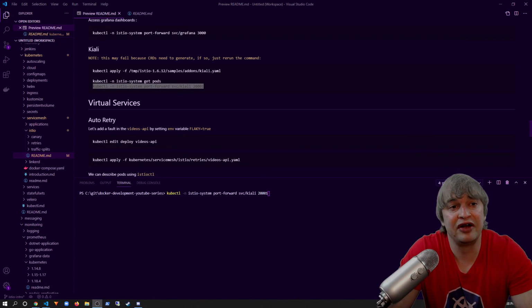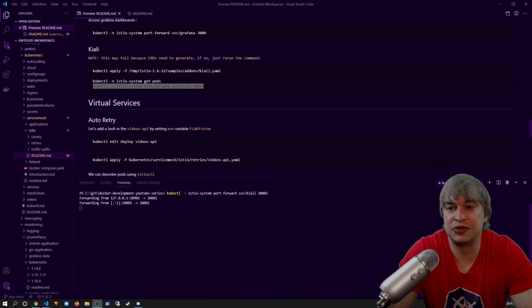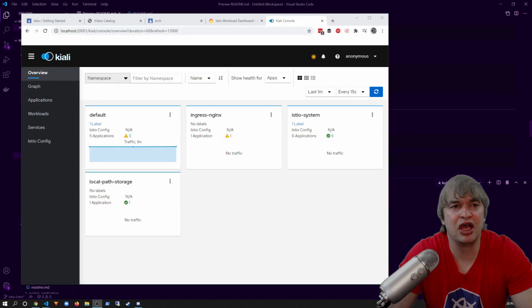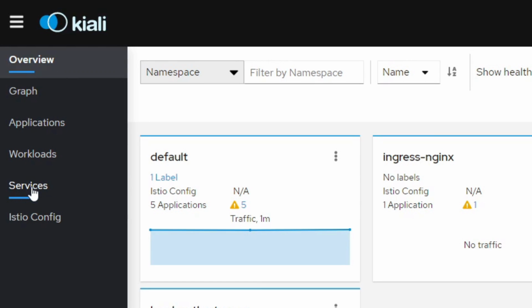And similar to Grafana, we can go ahead and port forward. So we can say kubectl in the Istio system namespace port forward to the Kiali service on port 20001. If I go ahead and run that, that'll expose the Kiali endpoint on localhost 20001. Now Kiali is very similar to Grafana as it shows us workloads as well as services with similar metrics than